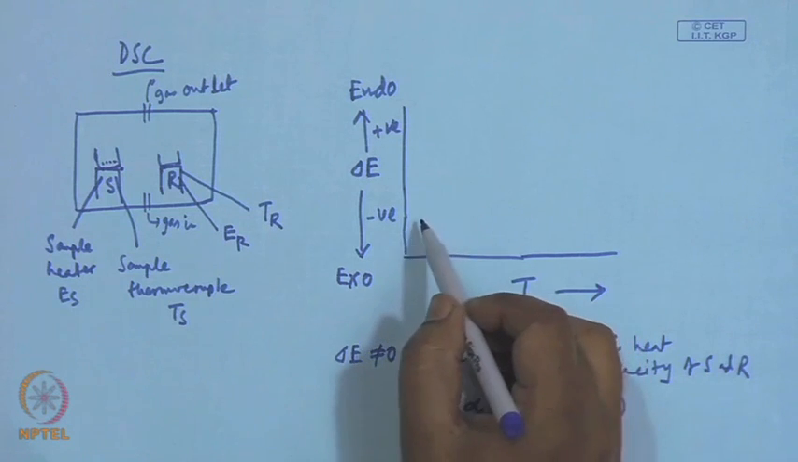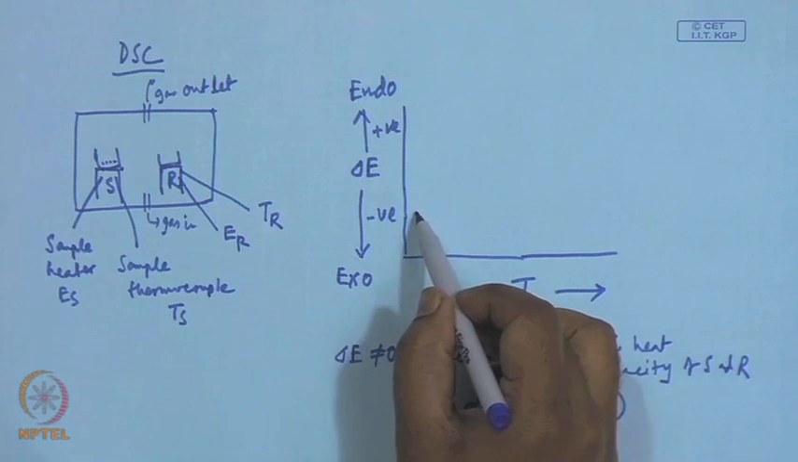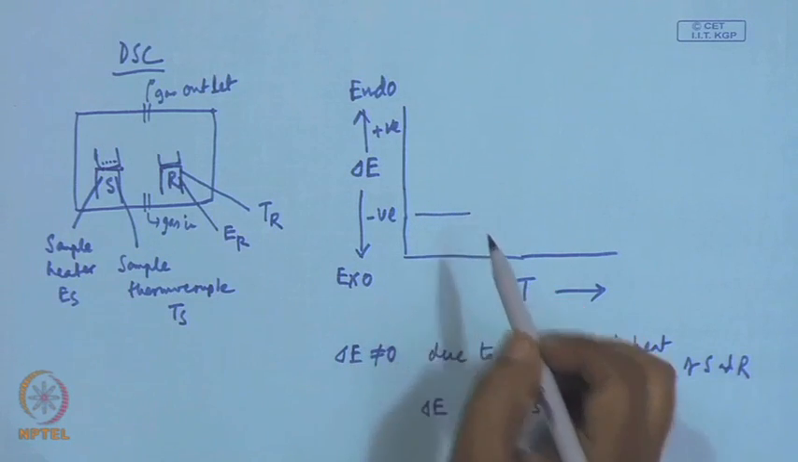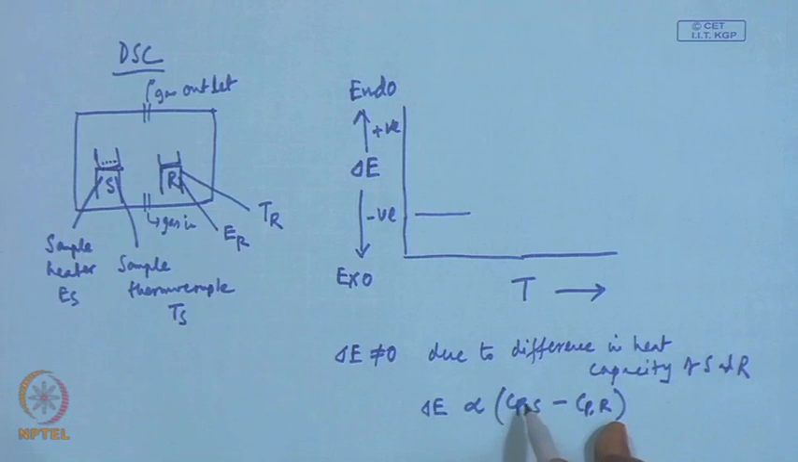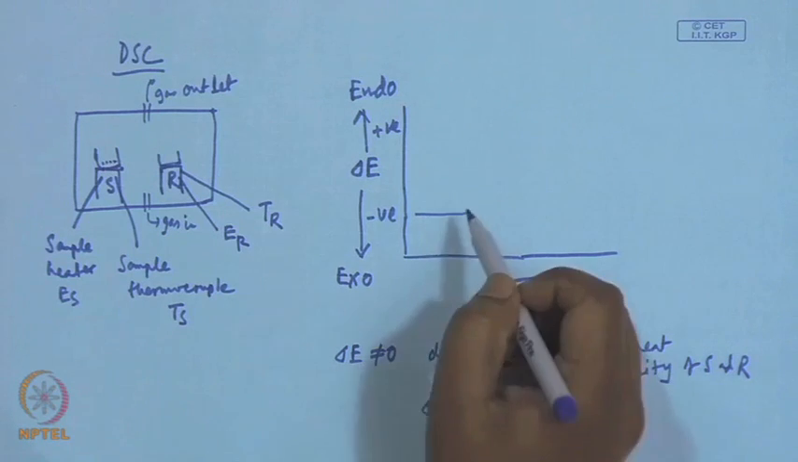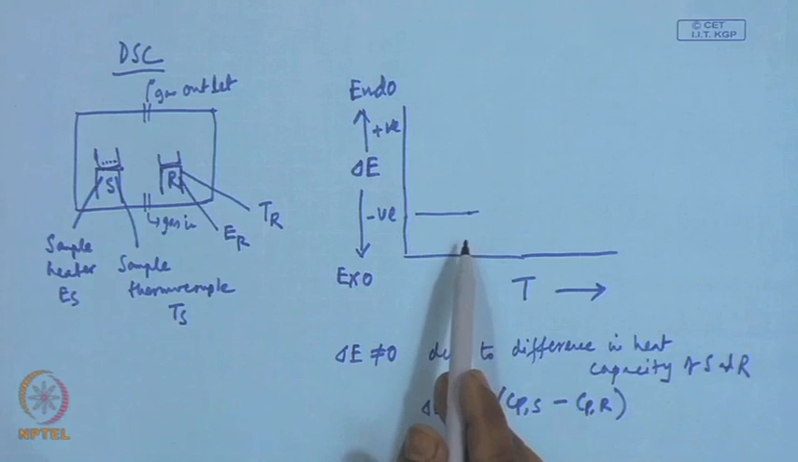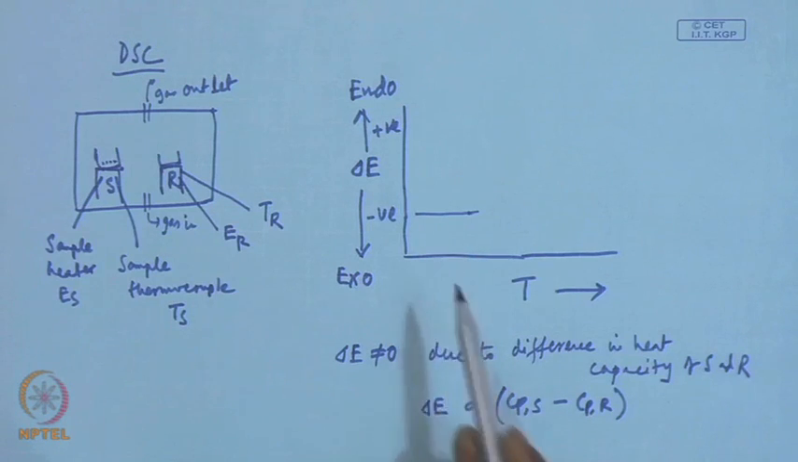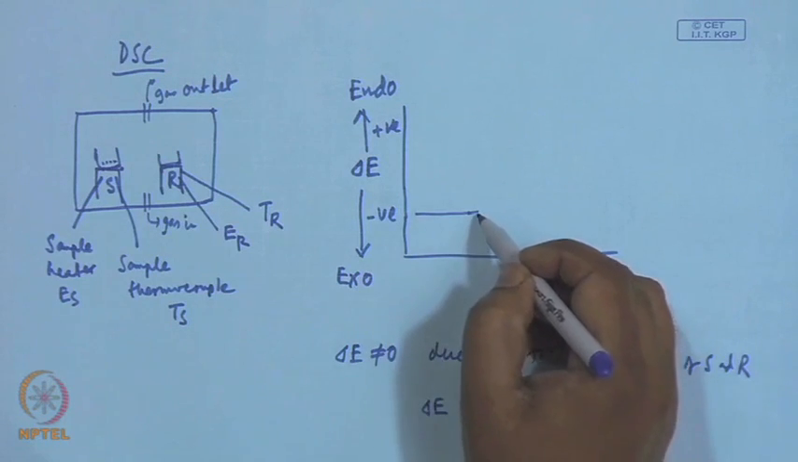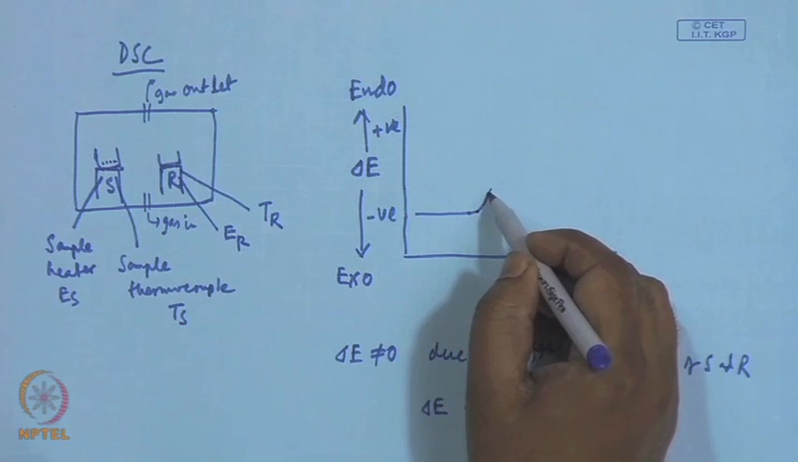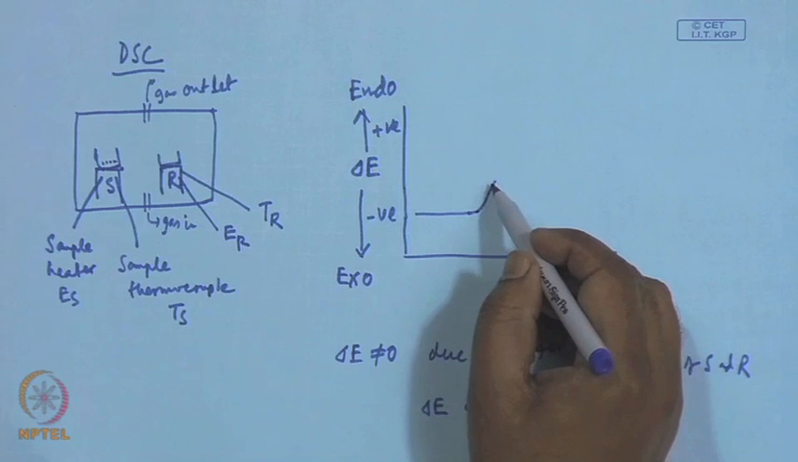So, if we start, delta E will start somewhere and remain the same as long as the heat capacity of the sample remains the same. Now, say the sample is undergoing glass transition. Glass transition is an endothermic process, so the system has to supply more energy. So, delta E will be higher,